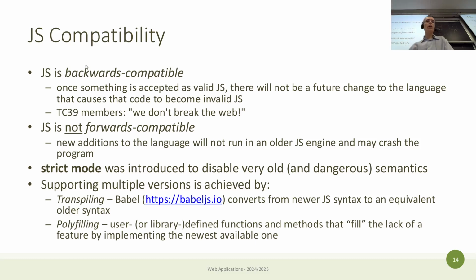Of course, it's not forwards compatible. I mean, we cannot predict the future, so an engine that supports a certain version of the standard is not guaranteed to support future versions, because there might be something that is not yet supported. Actually, this is true, this "we don't break the web", which is basically backward compatibility. That's true,